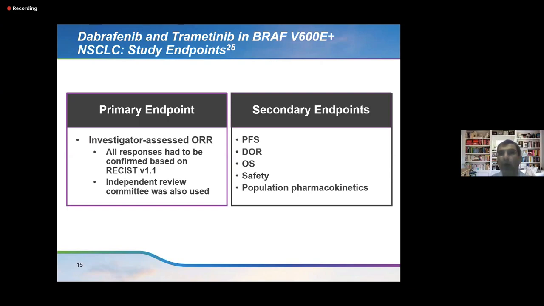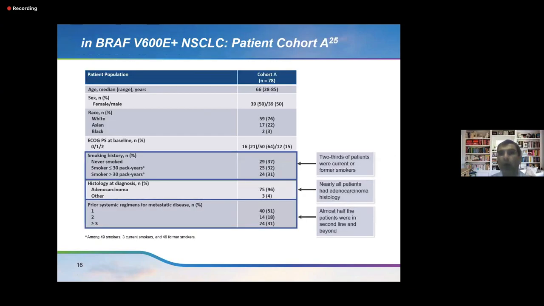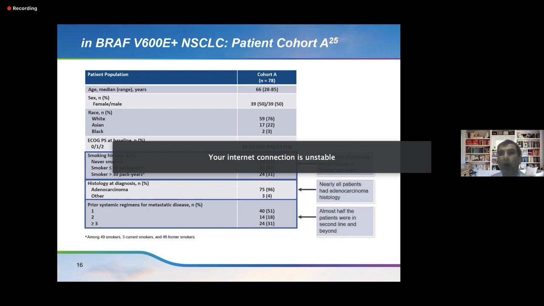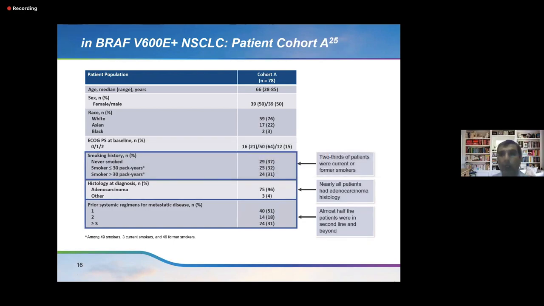Now, the important thing over here, please note that 2/3 of the patients were current or former smokers. A lot of the time in our clinic, Dr. Parekh will remember when the ISIL and all study came, it was saying stuff like that. People who were smokers never even got tested, but that is wrong. Anybody with an adenocarcinoma, NOS, even if it's a current smoker or a non-smoker, should definitely get tested for BRAF and ALK, because 2/3 of the BRAF mutant people were current or former smokers.